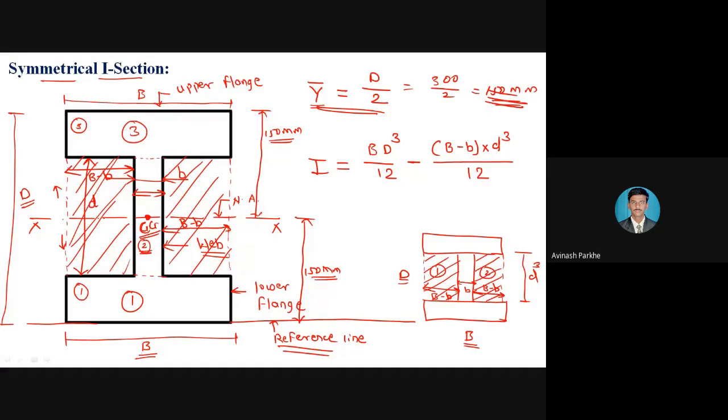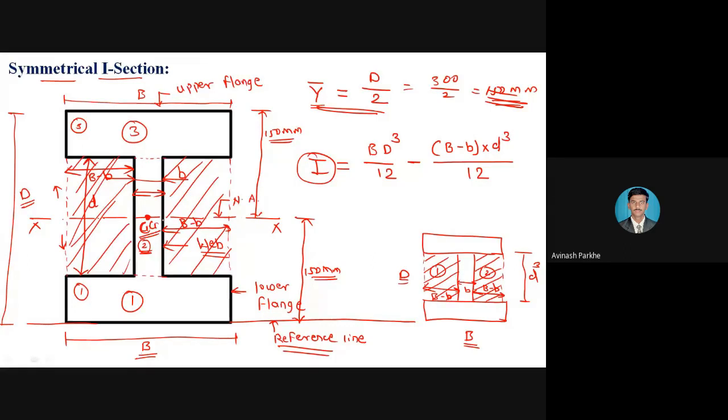Therefore in the formula I have written capital B D cube by 12 minus (capital B minus small b) into d cube divided by 12, and this formula will be directly applicable to find out the moment of inertia for the symmetrical I section. मोठ्या रेक्टँगल मधून हे जर दोन स्मॉल रेक्टँगल जर मी सबस्ट्रॅक्ट केले तर बरोबर मला आय सेक्शनचा मोमेंट ऑफ इनर्शिया काय होतोय? फाइंड आउट. Therefore I can use this particular formula directly for the calculation of moment of inertia for the symmetrical